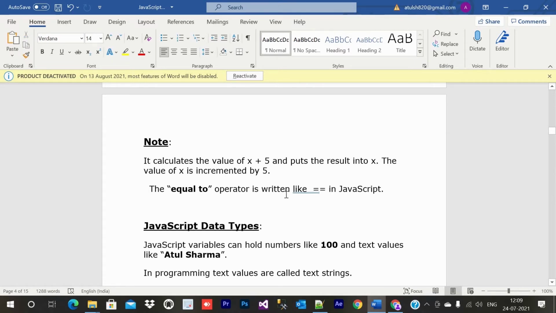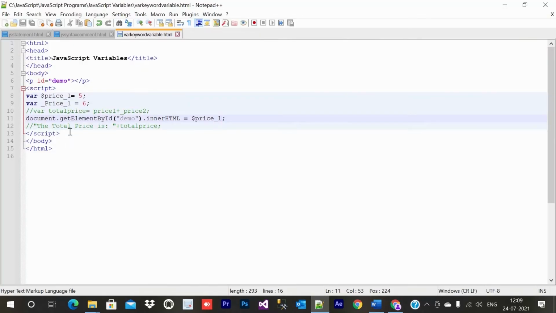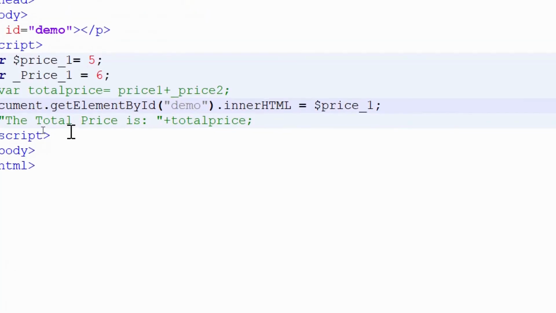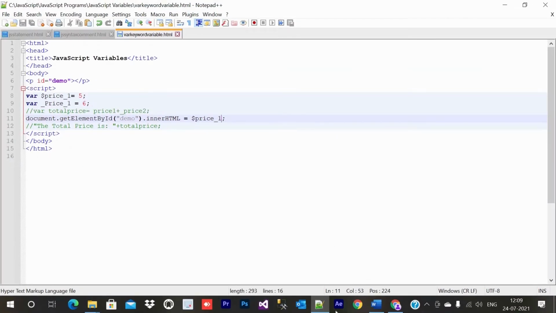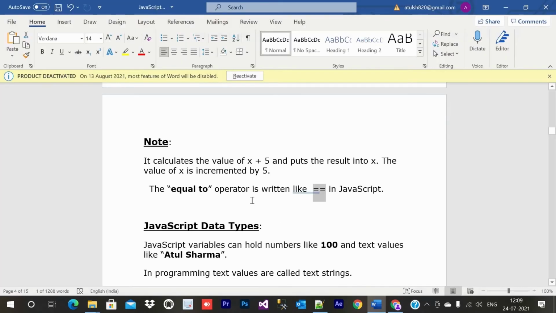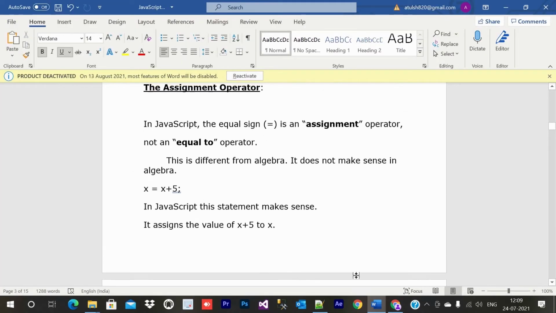The equal to operator is written as double equal to in JavaScript if we want to check some conditions. So here we just need to change things accordingly. As you can see, in that example we just used equal to assign it.